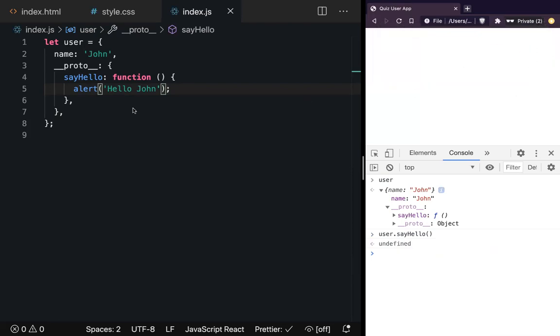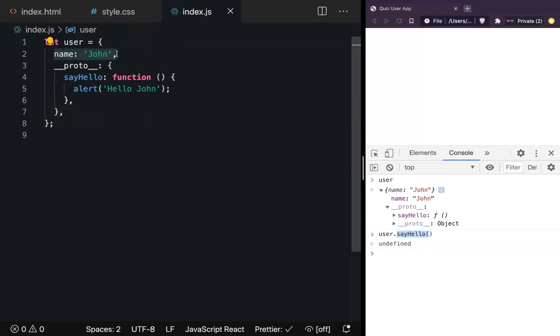And the reason it is doing that is because of the prototypal nature of the object, or you can think about it to be the nature of an object. If you're looking for a property, like here I'm looking for a property called sayHello, it will go inside the object first and look for that property.